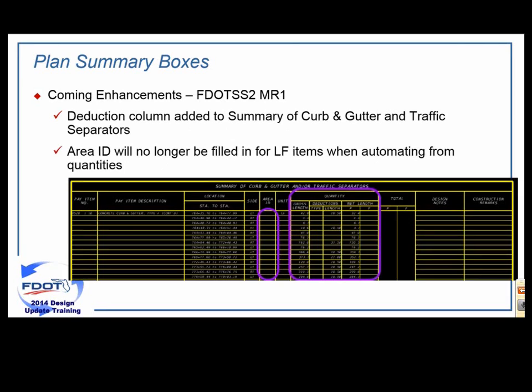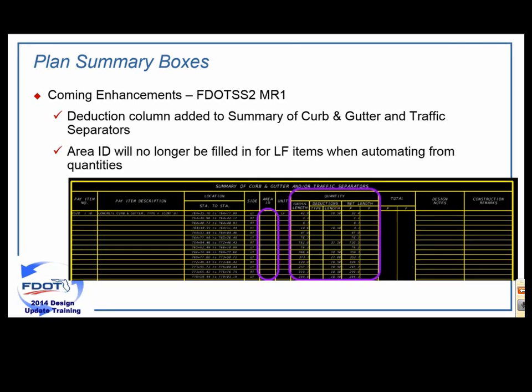Curb and gutter and traffic separators, that particular summary box has had some enhancements made to it. We've added deduction columns in there. You'll see the gross length, the deductions, and then a net length. That is currently what you have out there, it's line item, and you just get the station to station and then just a length. So now we'll be able to get the deductions, and you can see what's going on with each particular item,